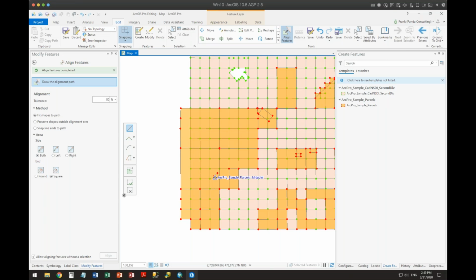Now, again, all it's doing is just stretching and moving those vertices over, but that may be all you need on here. All right. But if you've ever tried to align a zoning layer to a parcel layer, though, and have to do those little link adjust things that drive you out of your mind, this is a game changer. Yes.